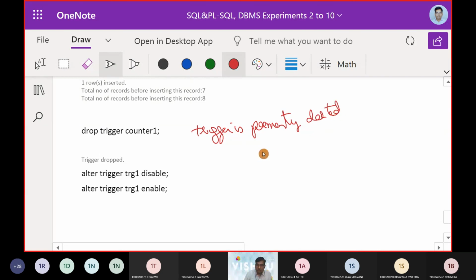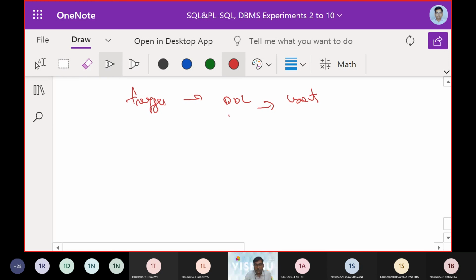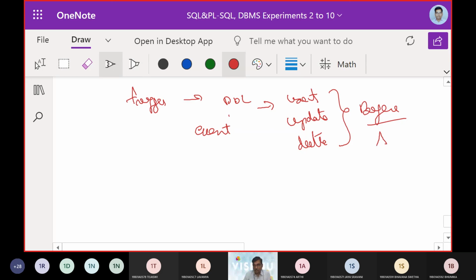So a quick recap of what we learned: we talked about triggers. We made this with DDL and we made an insert, an update, and a delete. We also specified trigger events, that it can be before or after.